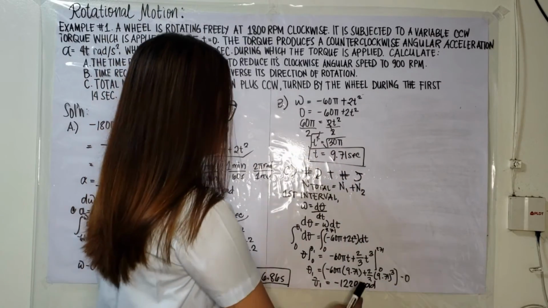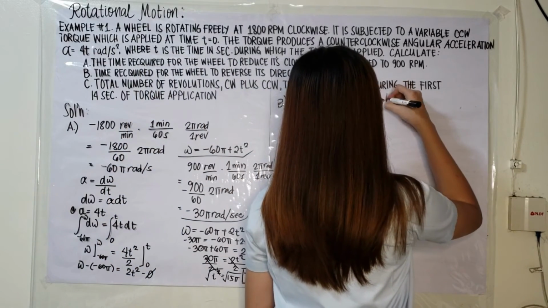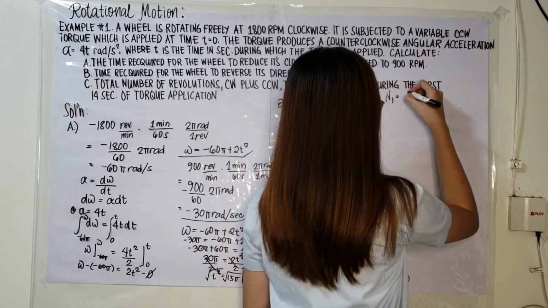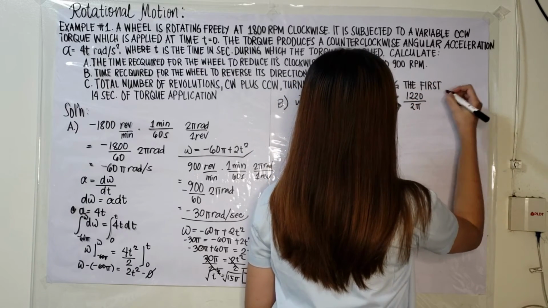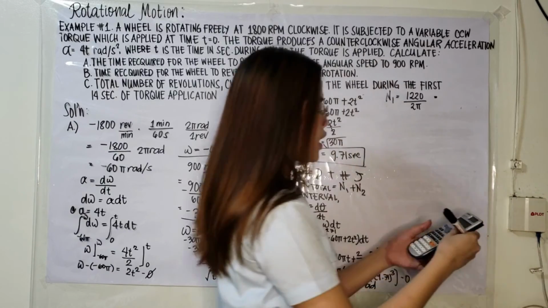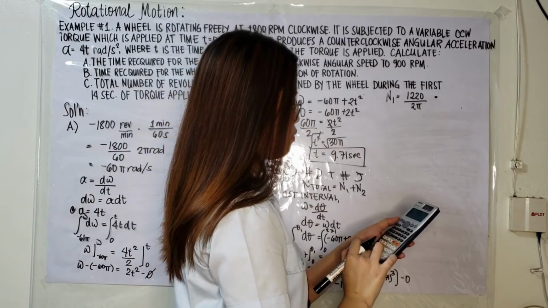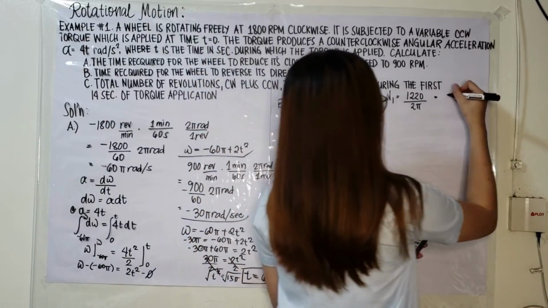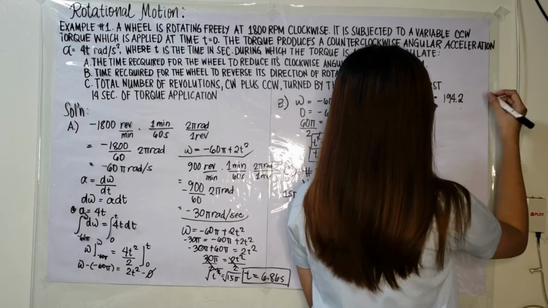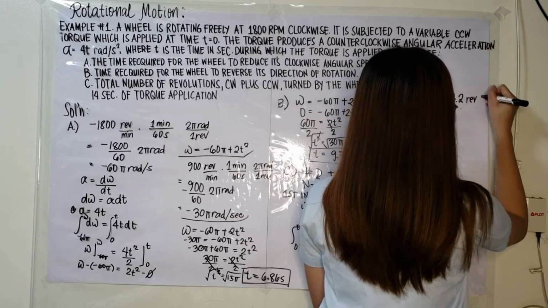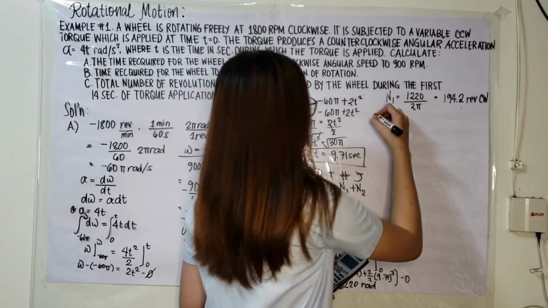So we need to convert the rad to revolutions. N1 is equal to 1,220 over 2 pi. So we have N1 is equal to 194.2 revolutions clockwise. So for the second interval,